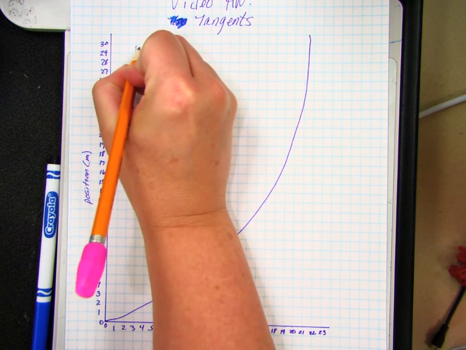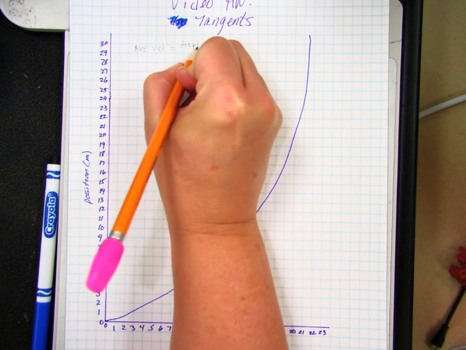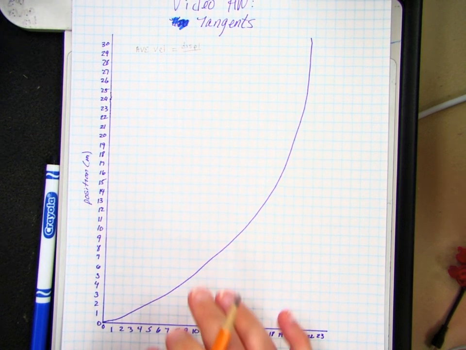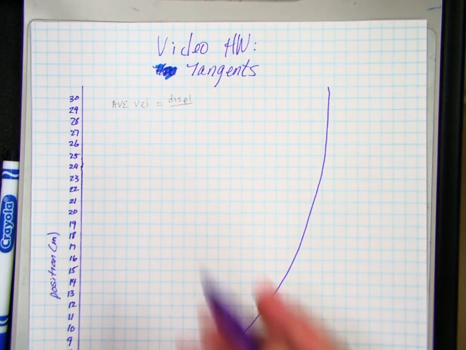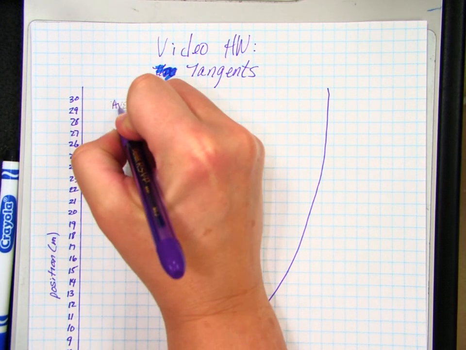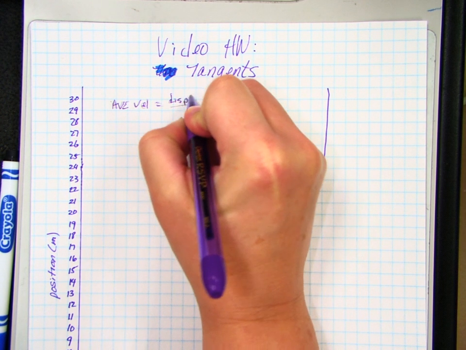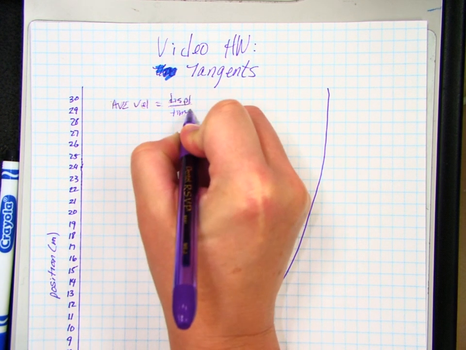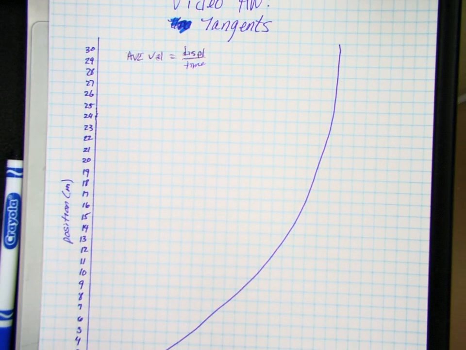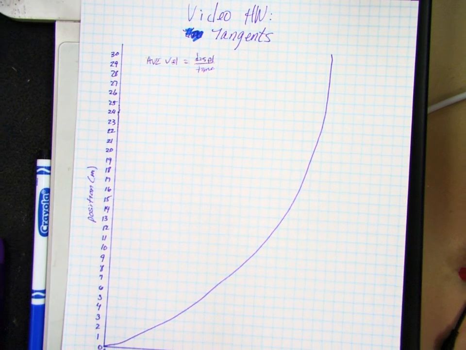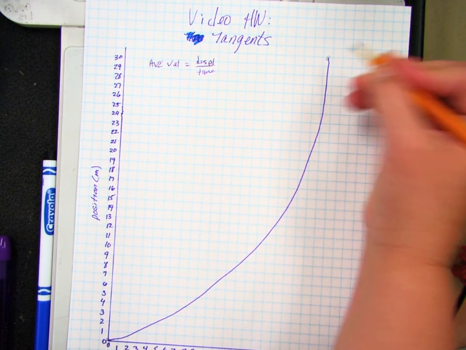If I want to know average velocity, I want to know the displacement divided by the time. So to find average velocity, I would find the first position and the last position,